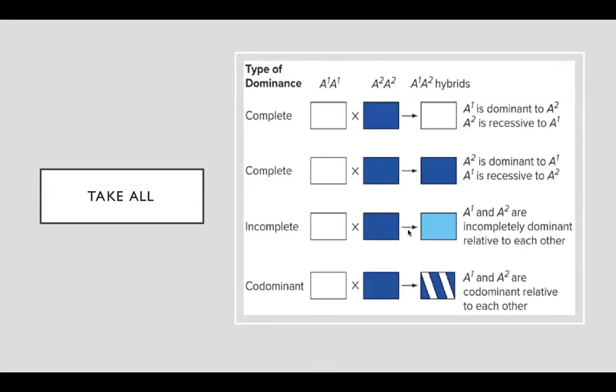So that's incomplete dominance. Codominance is when neither trait is dominant relative to the other. They're codominant, and they both want to be expressed. So you'll have blue and white expression, with spots. If we take the eggplant example, a codominant eggplant would be, if you take a white eggplant and a purple eggplant, the hybrids will be an eggplant with white and purple spots. Incomplete would be a combination, pink, and complete would obviously be whichever one is dominant, that characteristic trait being the one shown.